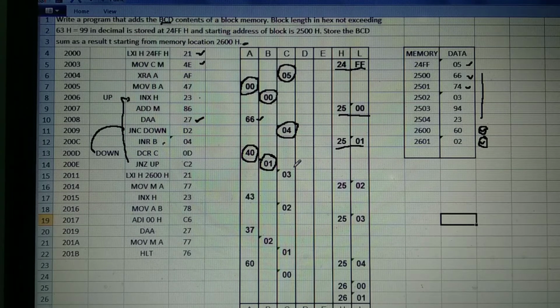Decrement C, again the counter is decremented by 1, here you will get 3. That means still 3 numbers you have to go through for addition. It is not 0, go to label up, go to the next, add it. You add 3, it becomes 43 after execution of addition and DAA. Carry is not generated, therefore decrement C, it becomes 02. It is not 0, therefore INX H, it becomes